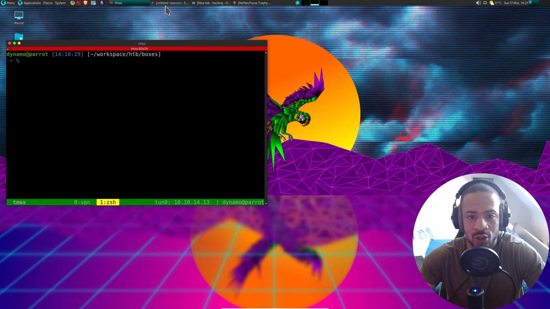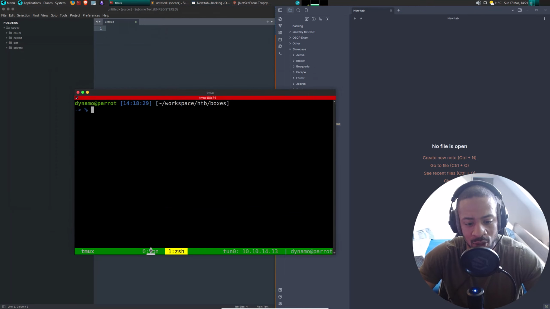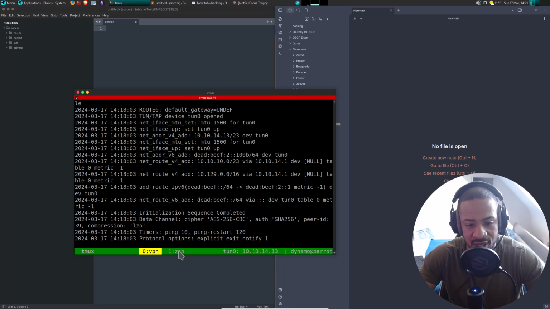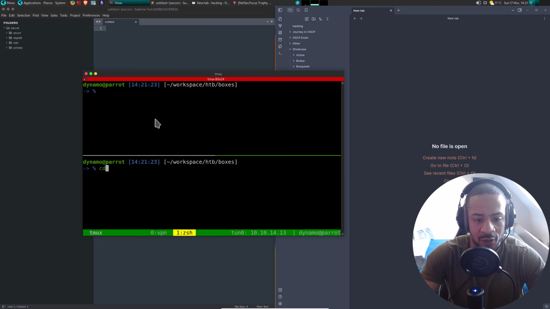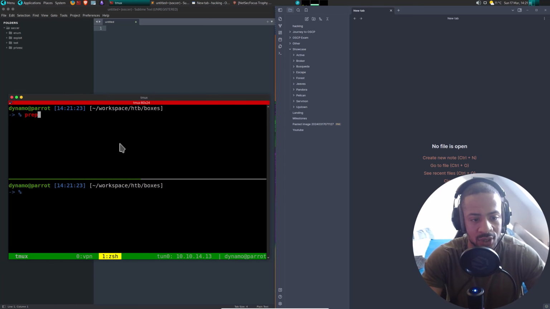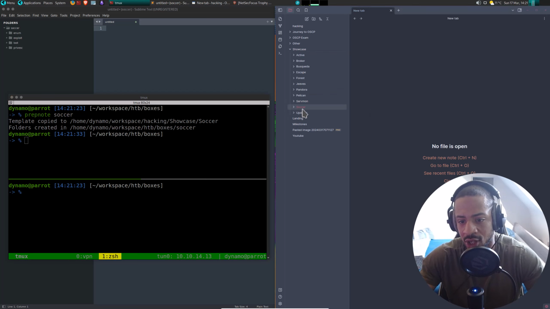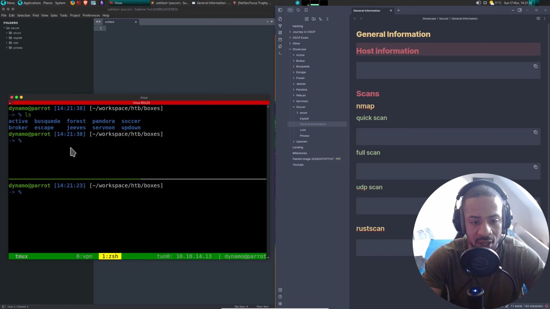Alright, so as usual, I have my different windows open. I am connected to the VPN already, as you can see here, and let's just begin with the recon. But first I will create the folder and I'll show you how that goes. Prep note Soccer, and this will create not only the notes here, but it will also create the box here as a folder.